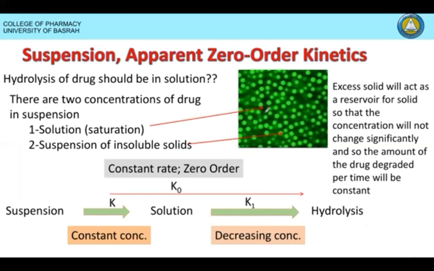Then the sixth is catalysis. A catalyst is defined as a substance which increases or decreases the rate of a reaction without itself being altered chemically. A catalyst does not alter the equilibrium of a reversible reaction but speeds up the reaction so that the equilibrium is attained in a shorter time.